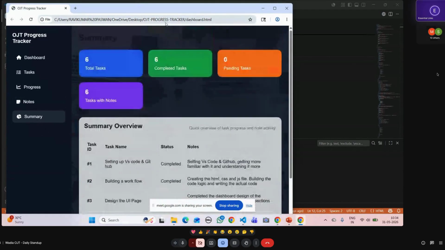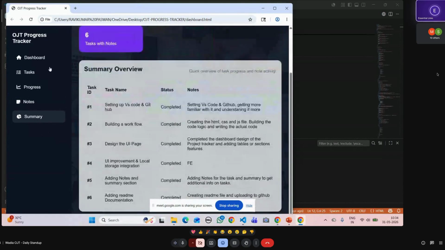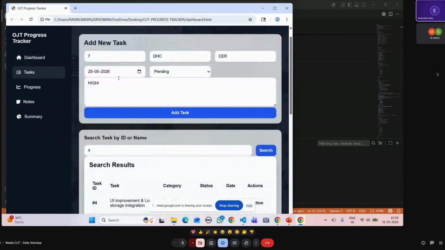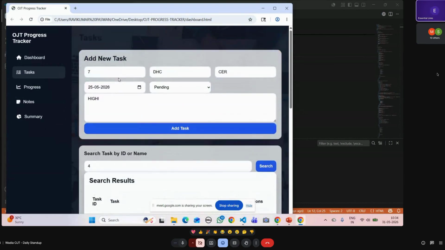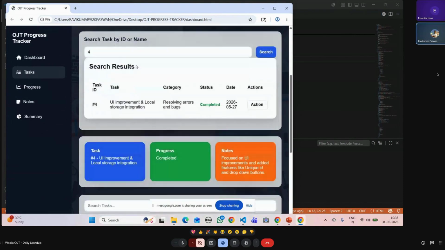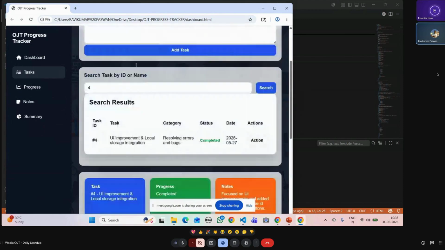Okay. And in your OGT tracker, since everybody is showing totally as pending tasks, have you added user-based tasks? For example, if I log into your OGT tracker, will I be seeing your tasks as well, or only my tasks? Sir, it is not for many users. I have not added the authentication part. So this will only show the tasks I have added. You can add your own task if you open it, but it will show all the tasks which are added together. Okay, so is it the case for all?